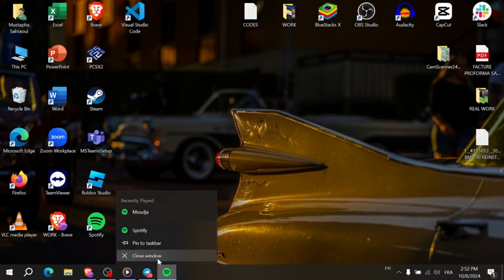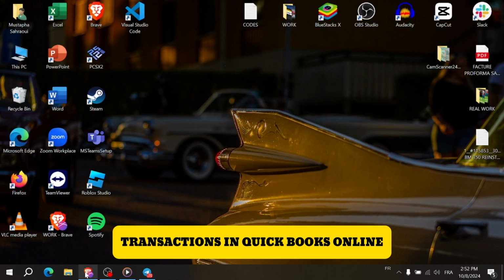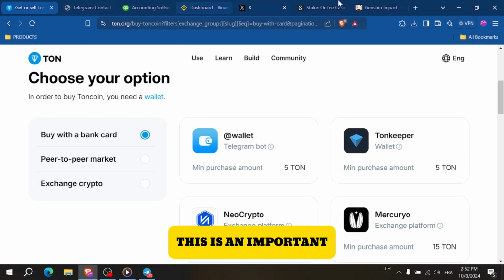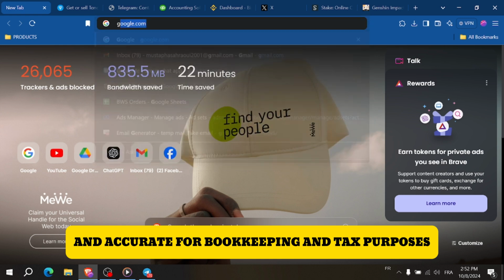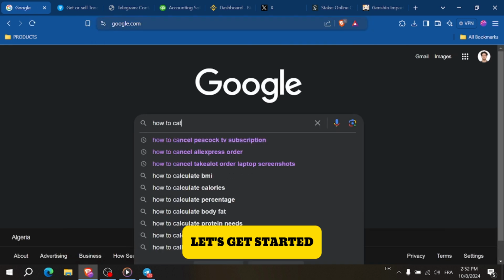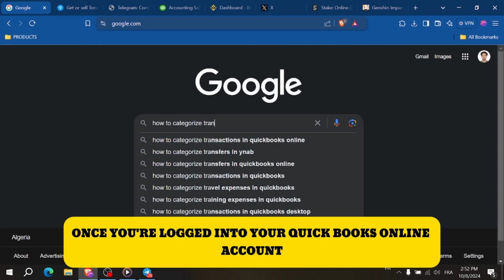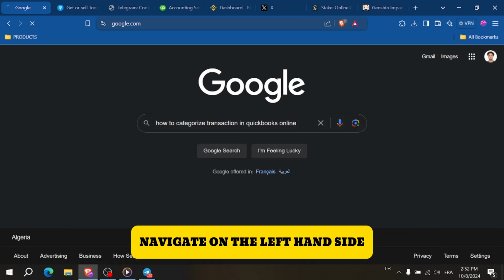In today's tutorial I'll show you how to categorize transactions in QuickBooks Online. This is an important step to keep your finances organized and accurate for bookkeeping and tax purposes. Let's get started. Once you're logged into your QuickBooks Online account, navigate on the left hand side and click on